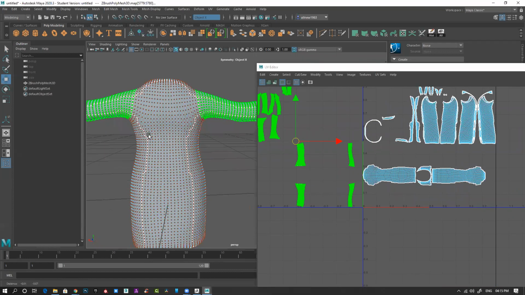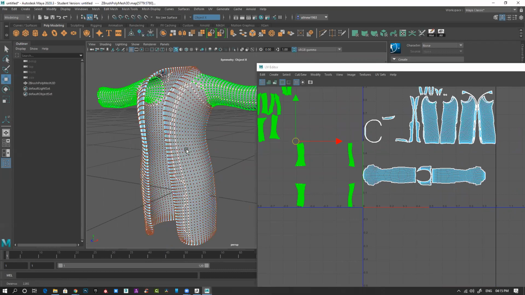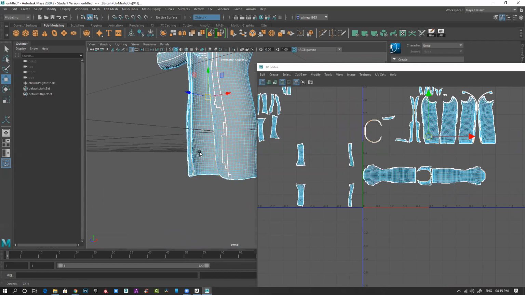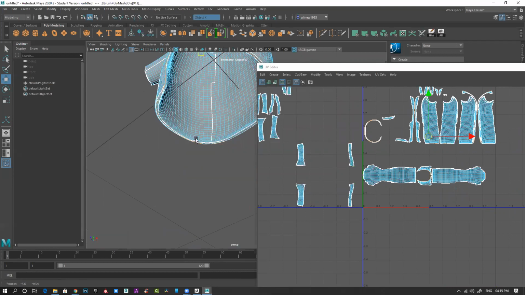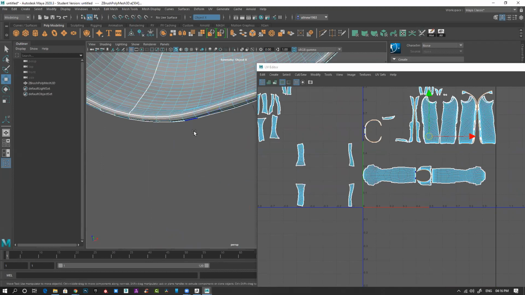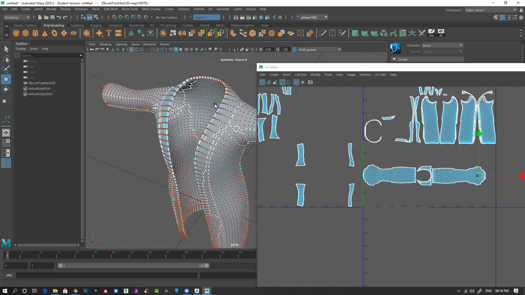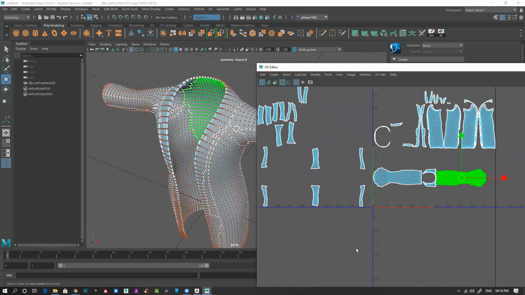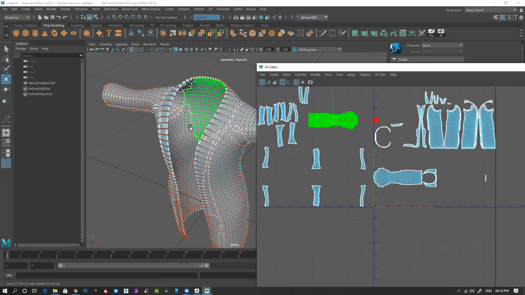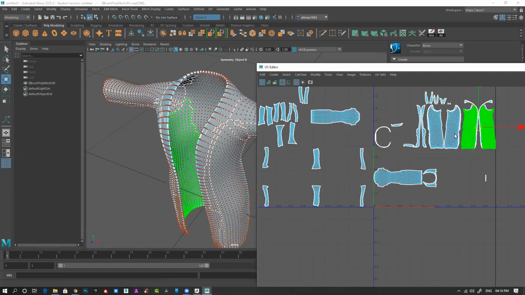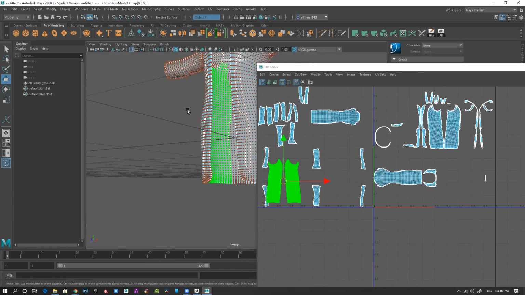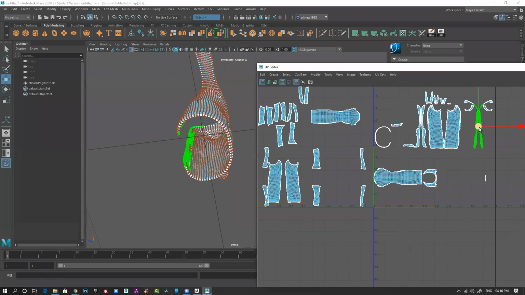Now you have this coat. Select the entire edge, leave this one or this one, any one you want to use, cut. Now select the UV inside part, shell. Move it. Shell, move it. Move it.